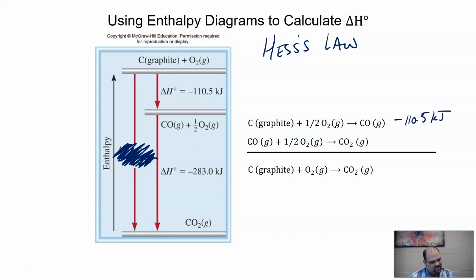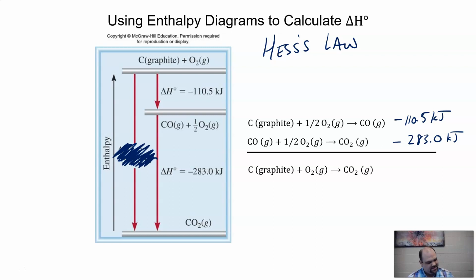And to go from carbon monoxide and 1/2 oxygen to CO2, that's the second part, negative 283.0 kilojoules. This is a relatively simple one, and so we just have to make sure that everything cancels out and